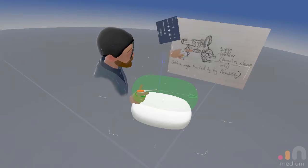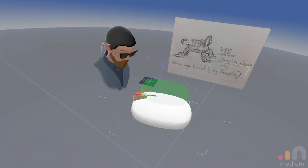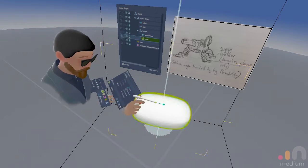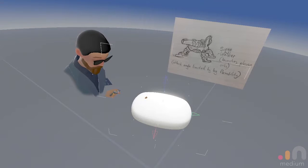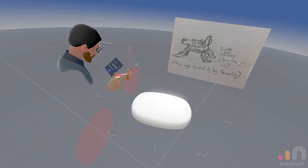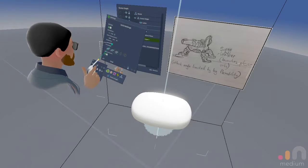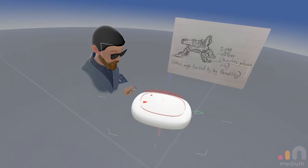What we're going to do is, because it's got a cutout, you see, it's got a cutout in there. I'm going to go ahead and try to put that cutout in just by using the angle snap and the grid. With the grid though, I'm going to go ahead and add a few more dots so I can kind of iterate it in and out, you know. Well, you don't know, but you will see. Make this into a cutting tool, cut a little hole in the center of it. We're going to go to our grid settings. We're going to add a couple subdivisions on it so we can get a little bit more precision while still being...